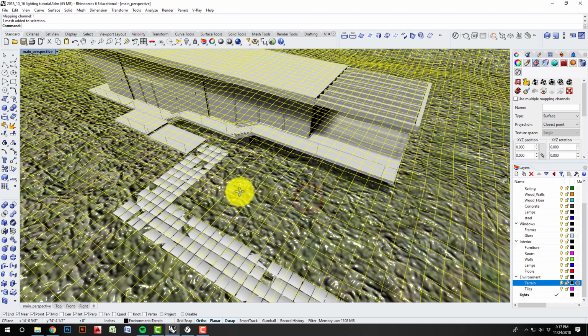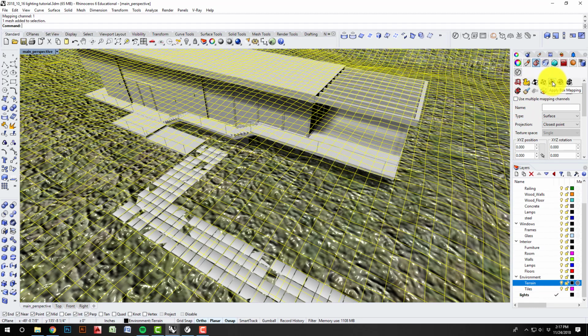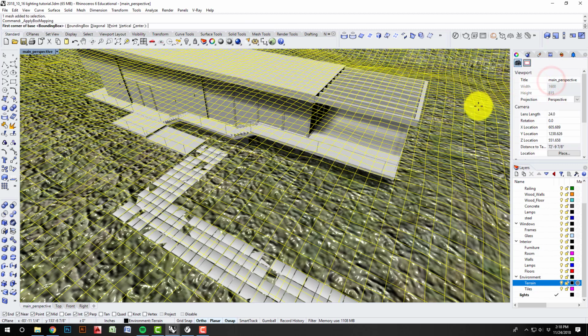So I'm going to select that object again, and I'm going to go over here. There are a lot of different mapping methods. 90% of all mapping can be done with box mapping. It's a simple way of mapping things from left, right, up, and down, and it works on almost all objects except maybe cylinders or spheres. But when it comes to architecture, most things are flat and orthogonal, so we can just map them top down, left, right. So I'll hit apply box mapping,